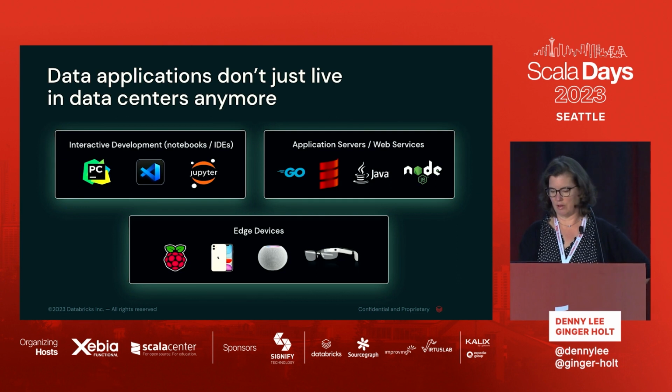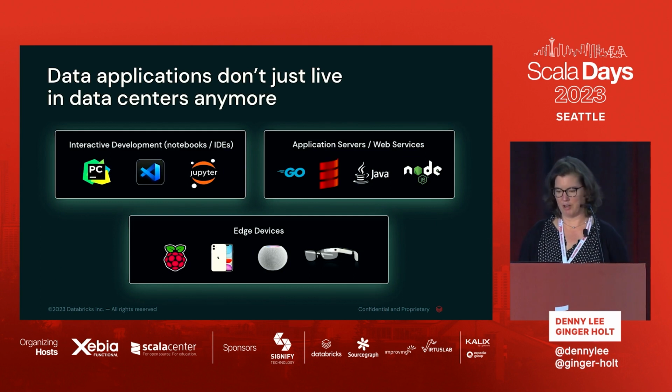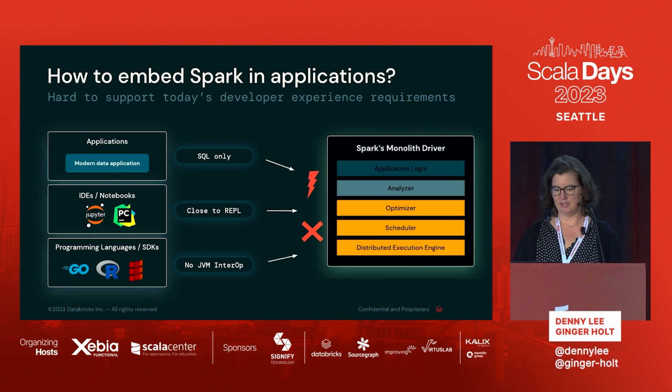All right, and what about these edge devices? Today when we connect to Spark from our laptop, from servers, if we want to run an Internet of Things device somewhere, we still want to be able to leverage the power of the Apache Spark ecosystem because I want to do machine learning, AI, and all of this. So how do I do this? How do I embed Spark in applications?